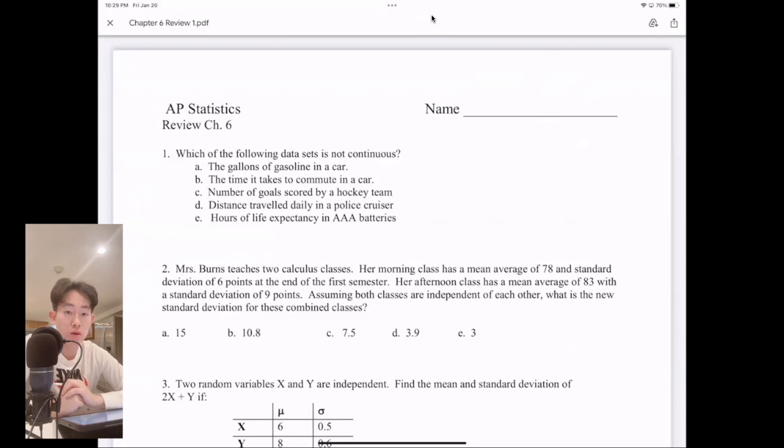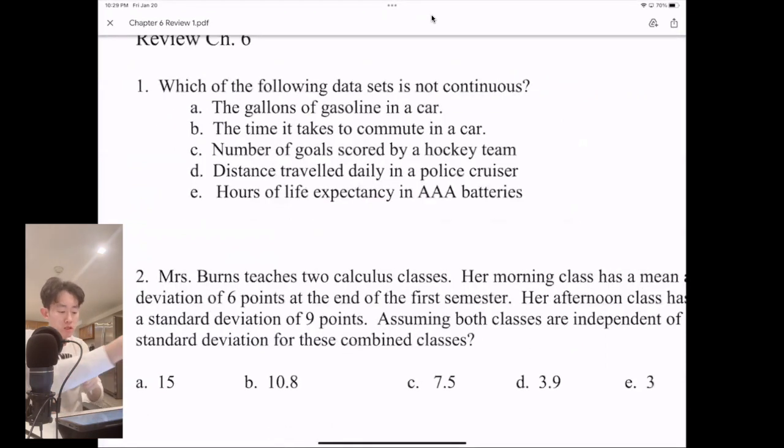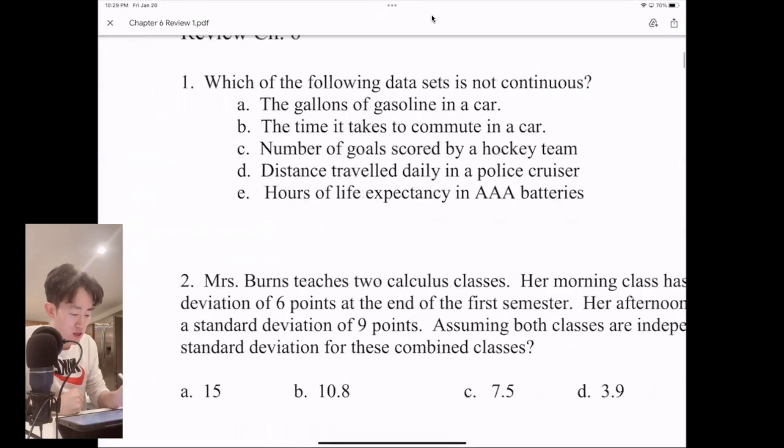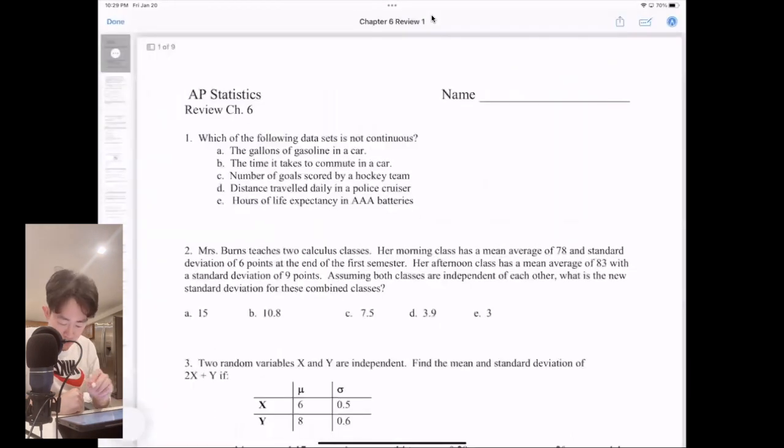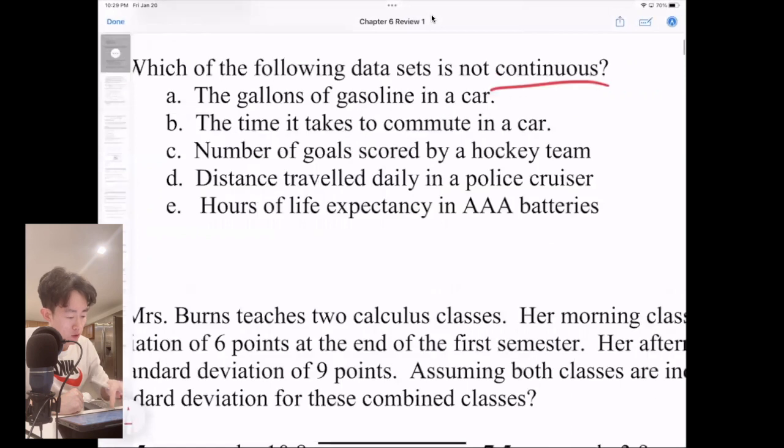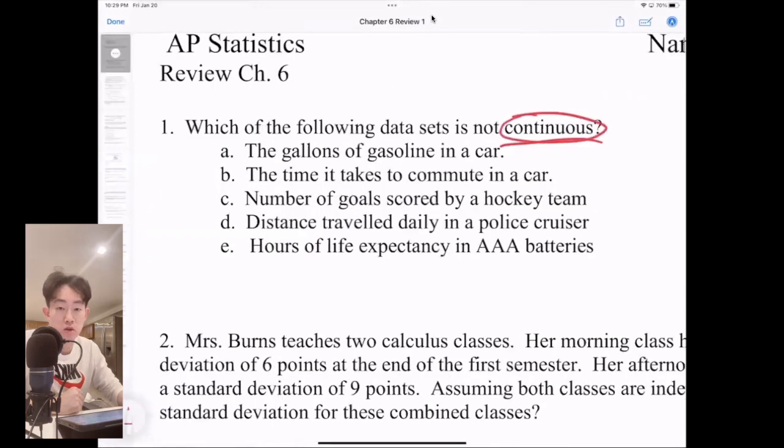So starting with number one, that's the very first thing I have taught you in the beginning of the year. Which of the following data sets is not continuous, it says. So continuous versus discrete, we know that continuous can be decimals. Any numbers in between the integers are allowed. And if we're talking about not continuous,